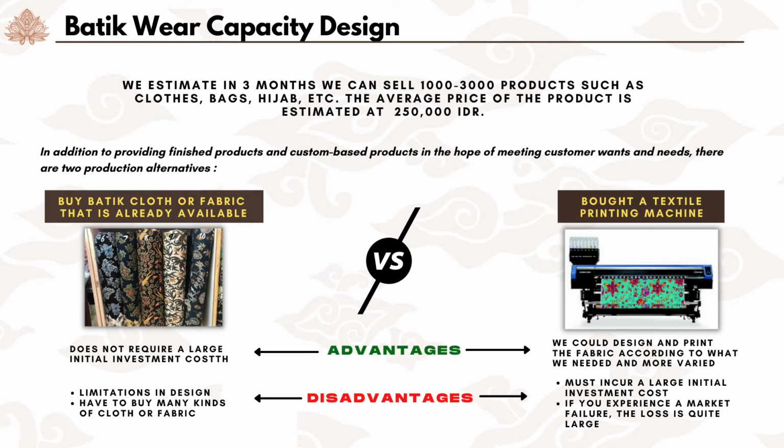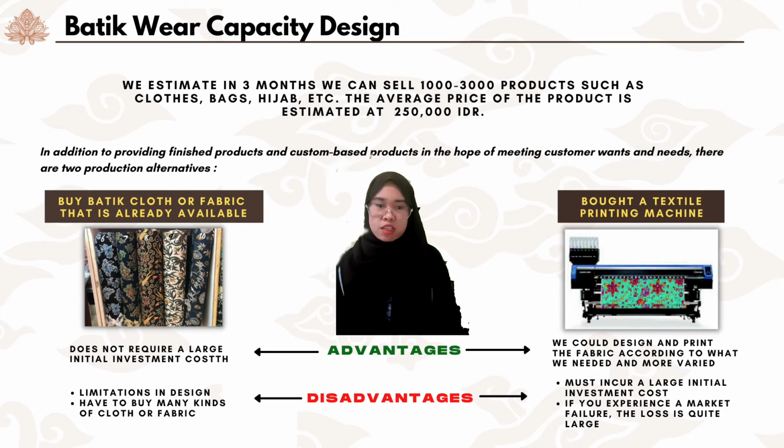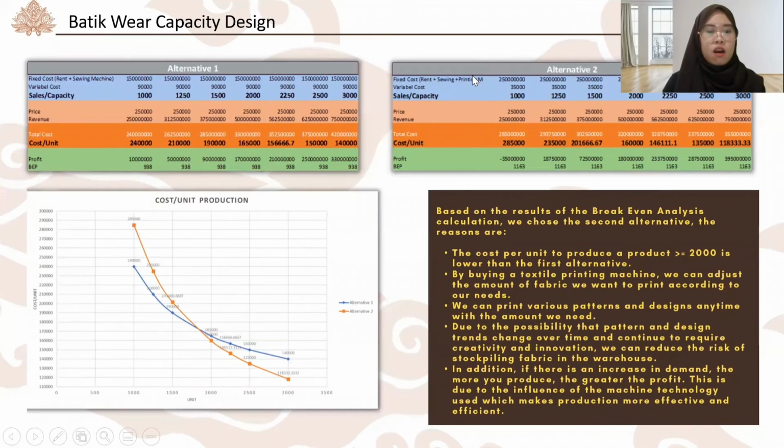From our research, we estimate that in 3 months we can sell 1,000 to 3,000 products such as hijab, clothes, bags, and other accessories maybe. And the average price of the products is estimated at 200,050 rupiah. So to overcome the trade-off problem, we did a break-even analysis calculation, and based on the results,